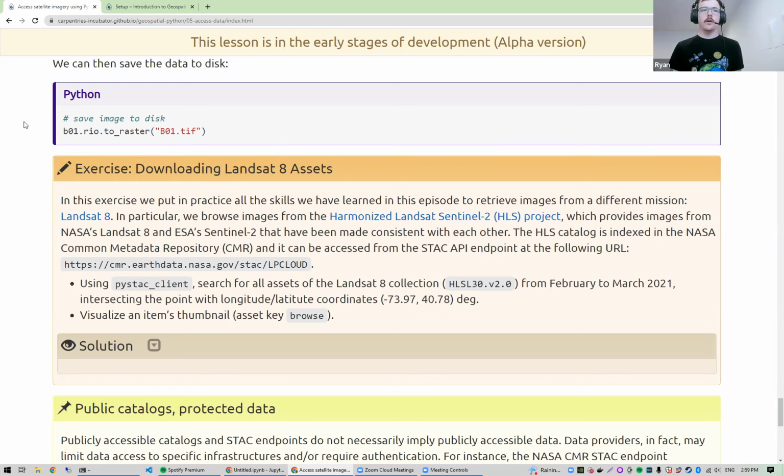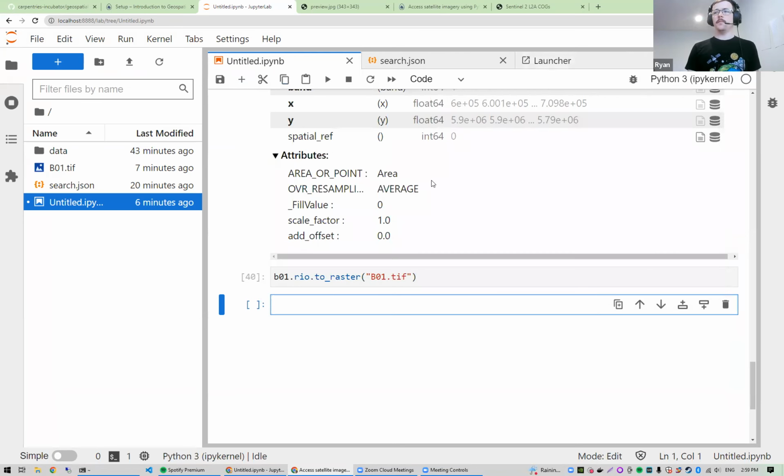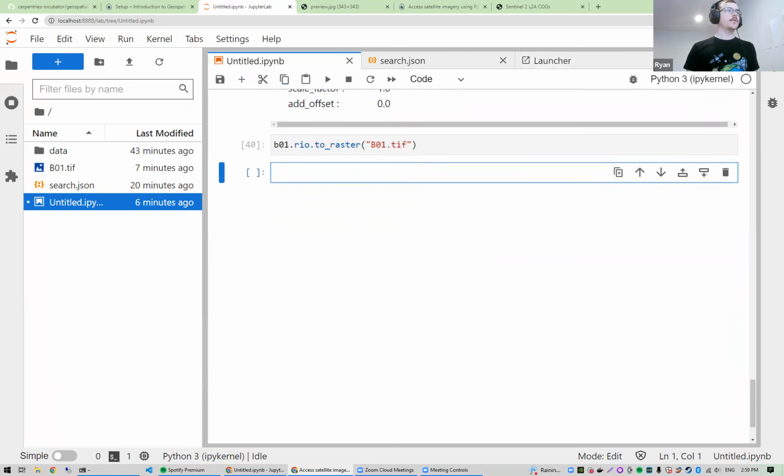Okay, so we're going to move forward with this exercise. We're going to switch over to the notebook. Let's first scope out what we do. When we want to work with a fresh STAC API, the first thing to do is define the API URL. So here we're working with NASA CMR,